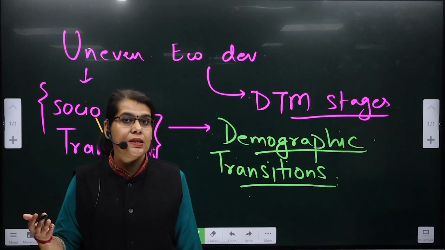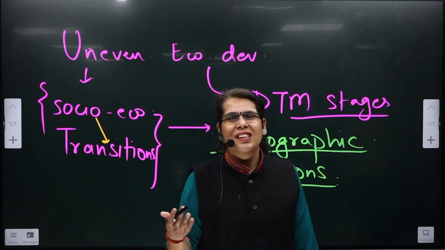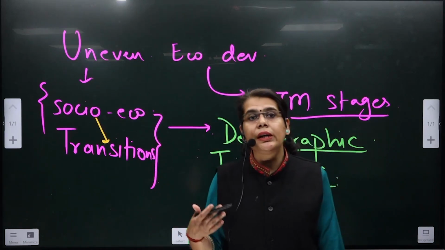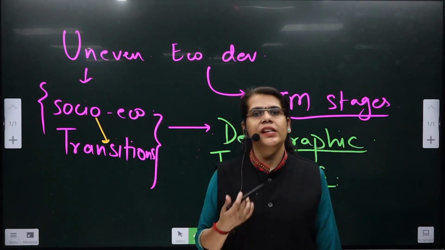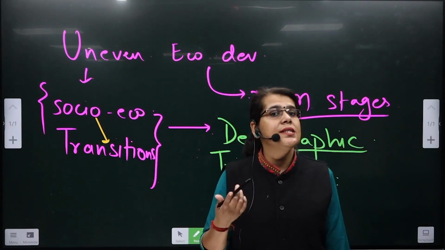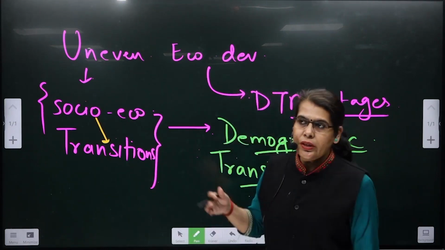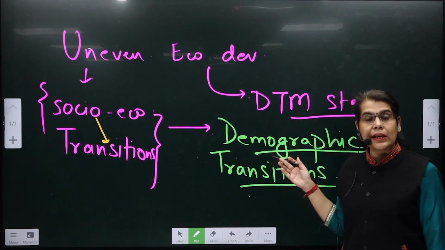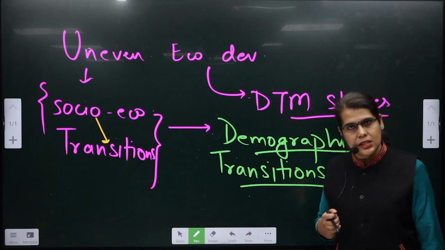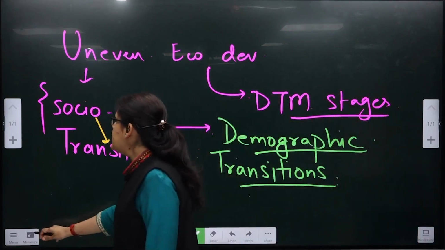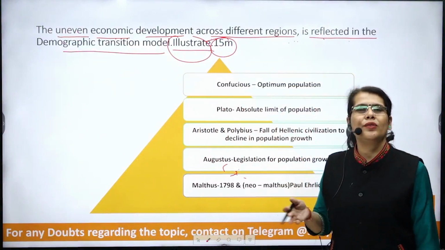Yes, it does. Correct? So hence gradually what will happen? The death rates will decline, the infant mortality rates will decline, the maternal mortality rates will decline. So is it leading to a decline in the birth rates and death rates? Yes. So economic transition is well reflected in the different stages of the demographic transition model. Is this clear now? And we have to illustrate. So this is the crux of the demand of the question.